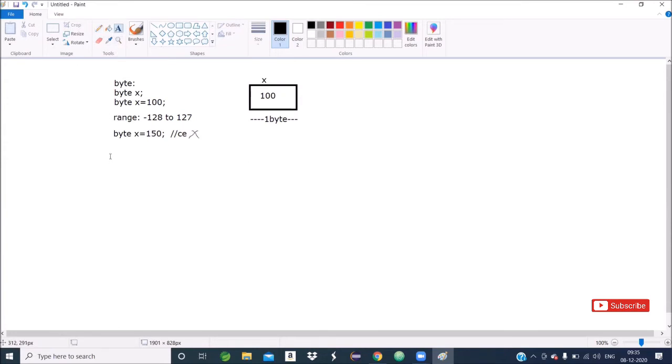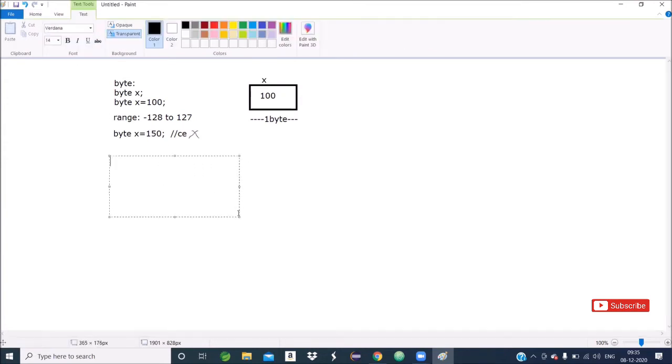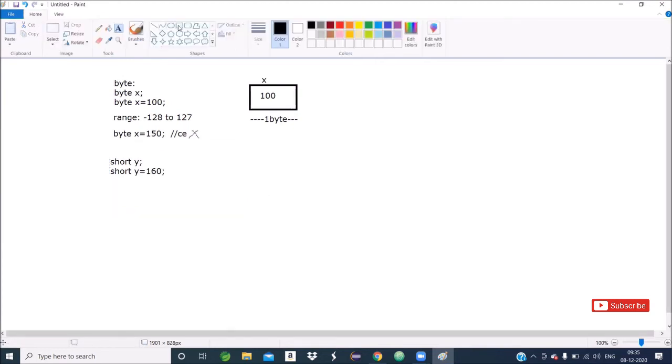Similarly, we will go to short. I will write short y equals 160. Similarly, for short type of variable, memory will be allocated.